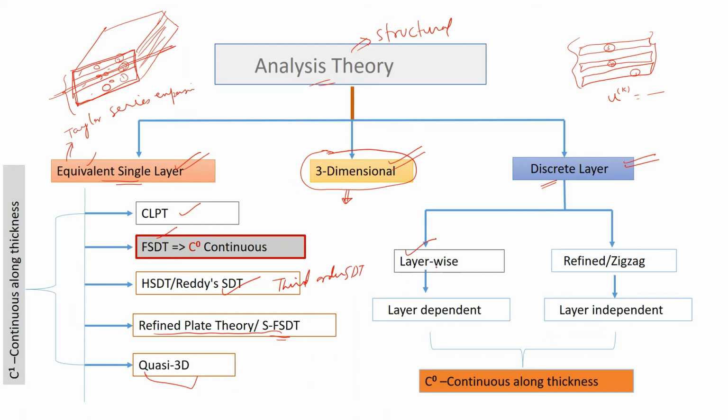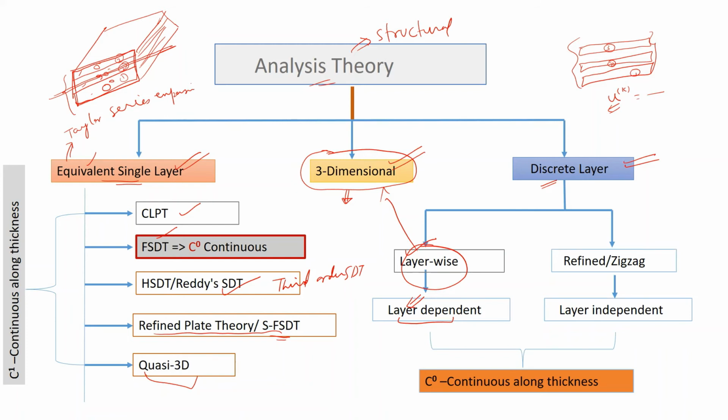The problem is that it gives a very good result, very close to the three-dimensional results, but at the cost of very high computation, because the field variables depend upon the layer. As the number of layers increases, the independent variables also increase, since we assume the field variables for each lamina. Therefore we will have a very large number of unknowns for a large number of lamina. For 100 or 200 lamina, it would be very difficult to go for that.